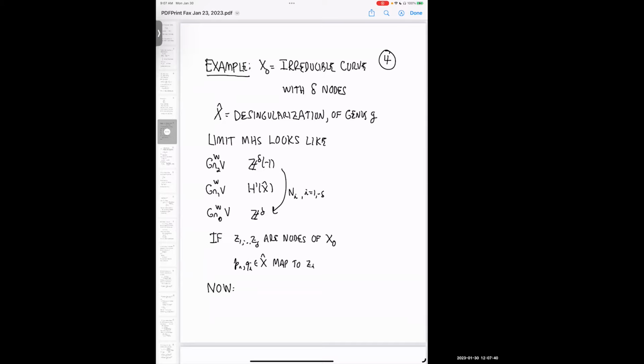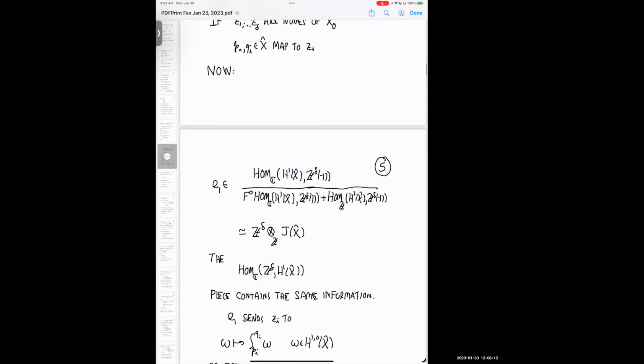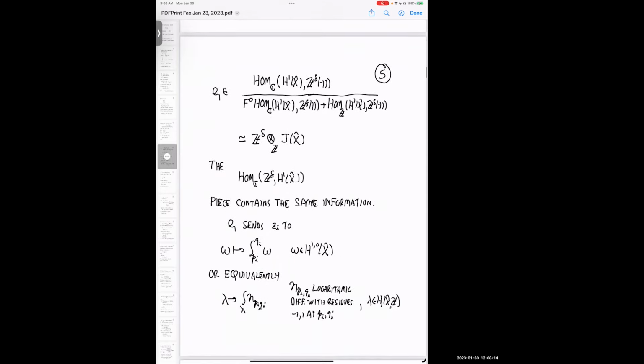So if we have the delta nodes of x naught, and we look at the 2 points pi, qi that map to zi, then the first extension class is in the Hom from h1 of x hat to z delta -1 modulo f naught of the Hom plus the integral Hom. And what this gives us is delta copies of the Jacobian of the desingularization x hat. And so